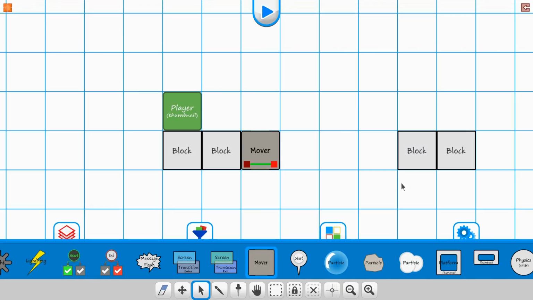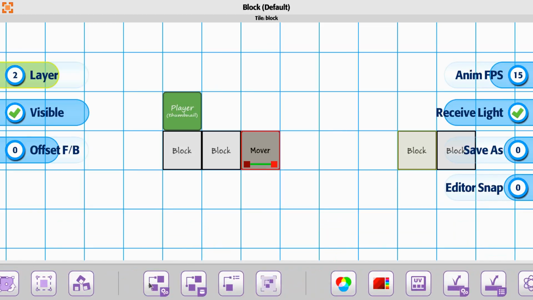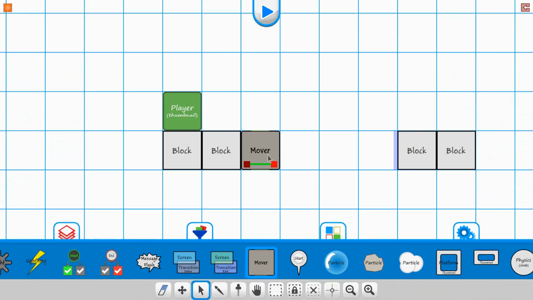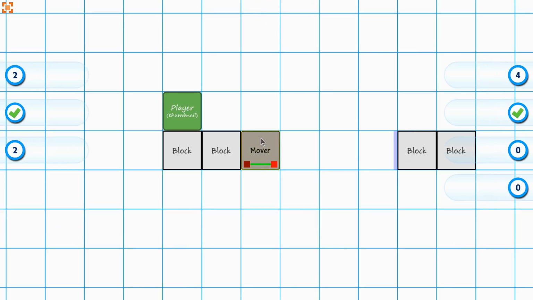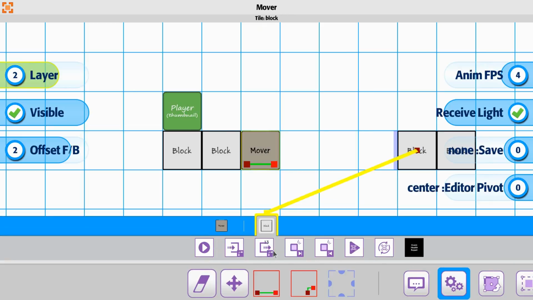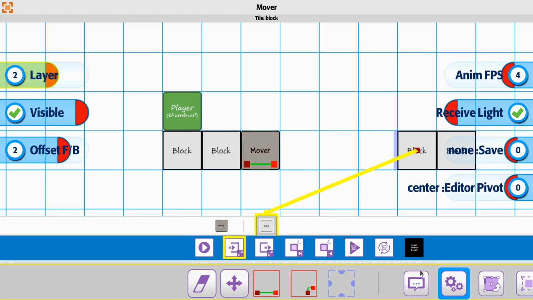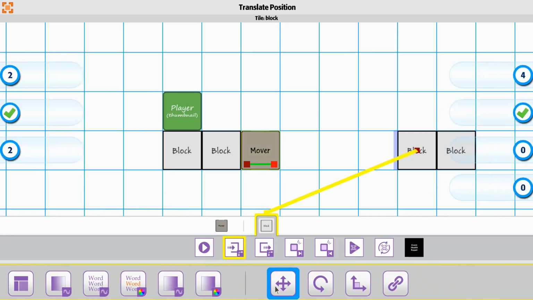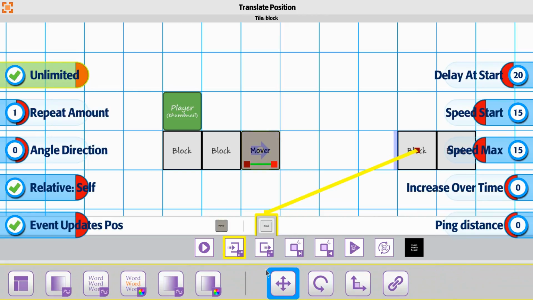So what we're basically doing is saying, and here, actually let's make this visible so you can see it. There we go. So we're saying that when the mover gets over here and it hits the trigger box right here, this block is going to send a message over to its trigger event, and it's going to say, hey, do something. So let's go to our mover. We're going to say mover when on trigger enter happens, and then we'll scroll to the end down here. Alright, so when on trigger happens, let's go ahead and make sure that we do